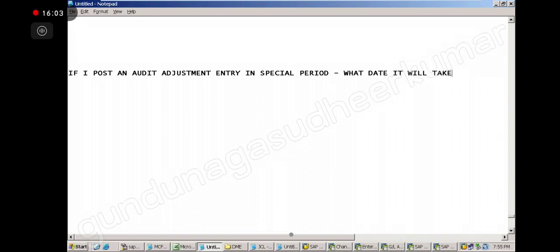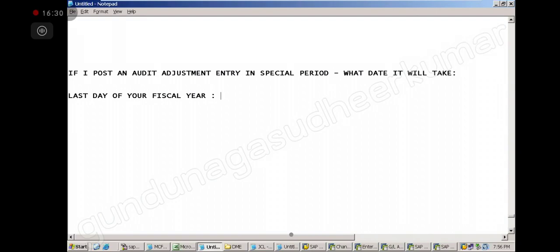31st March. Correct. And it will always take the last day of your financial year. Always. Remember, even though I am posting on 1st June, the system will not take 1st June. It will always take 31st March of your fiscal year, because it has to go to last year.